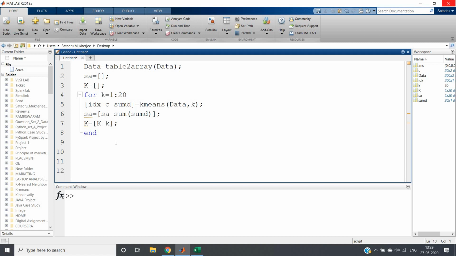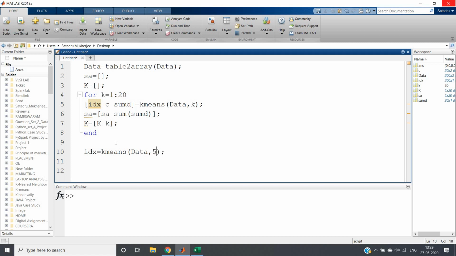So we can implement like this: idx, okay, and then C, then sumd. Although all these things are not required, only the index position of the data set is required. So idx we can write, kmeans, and then we will be giving our data comma 5.